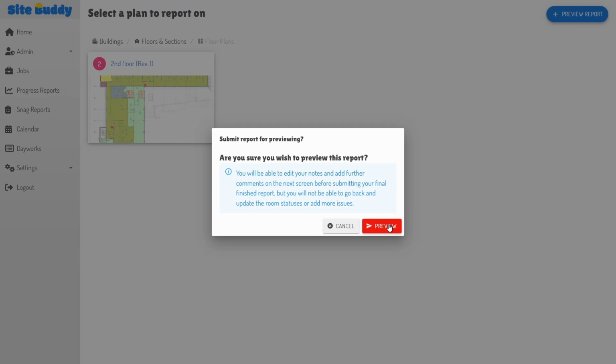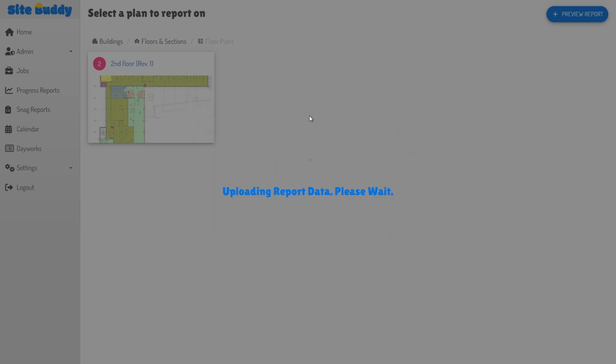If any mandatory questions were not previously answered, you'll be prompted to complete them now. Confirm your desire to preview the report. Note that after this point, you will no longer be able to change room statuses or add new issues. It's advisable to perform this final step in an area with a good internet connection, as your changes will be